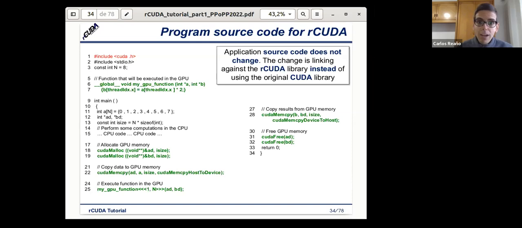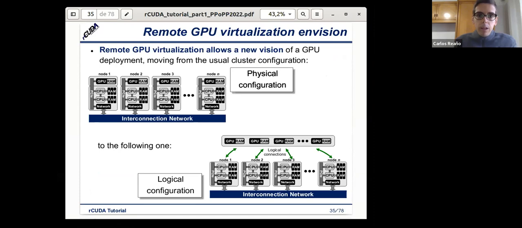Okay, so great. Now let's see how we move now that we have remote GPU virtualization. In the beginning, we saw a cluster interconnected by a network in which all the nodes were basically replicated with a couple of CPUs and one GPU. Okay, this was the physical configuration. But now, thanks to this virtualization software, all the GPUs are available to all the nodes in the cluster. So logically, we will have a pool of GPUs.